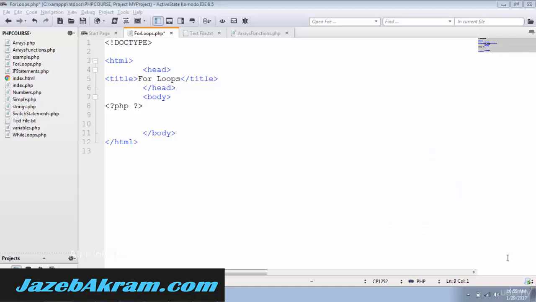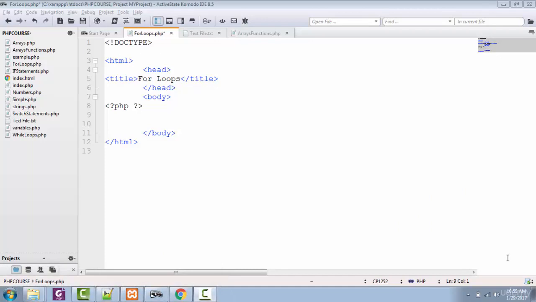Now what if you want to show something to the user more than once? You can do that by using echo statements.